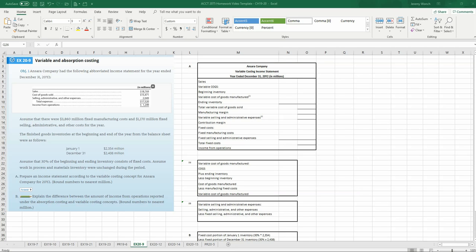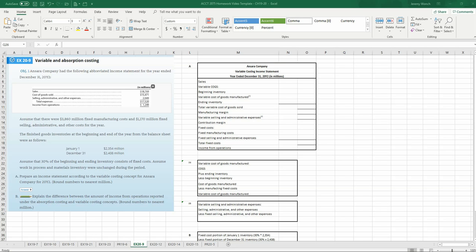That's the GAAP style of accounting, where you have sales minus cost of goods sold. And in that, you're not separating out variable and fixed cost. You're separating out product cost versus period cost. So variable costing is just what it sounds like: instead of breaking things up by what's related to the product, what's a period cost, we're looking more at what's variable and what's fixed. And then the other small difference in variable costing